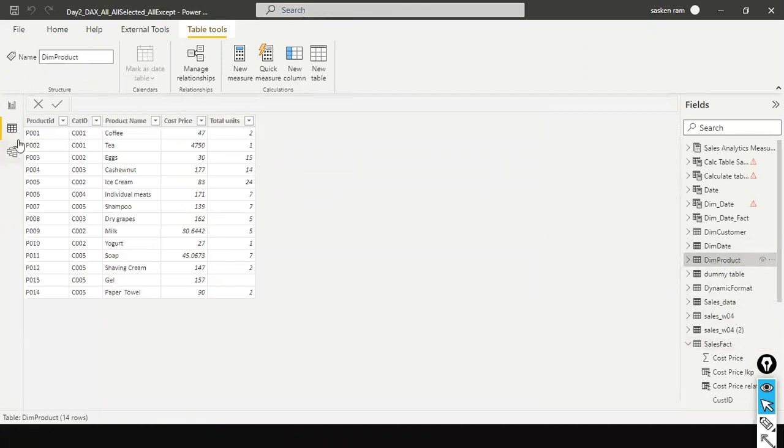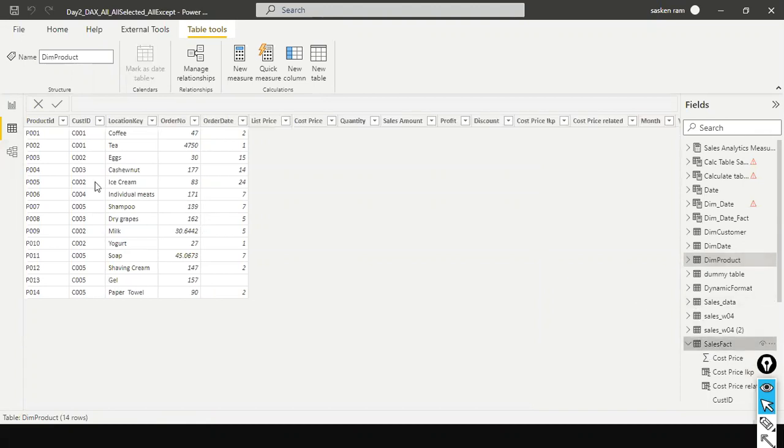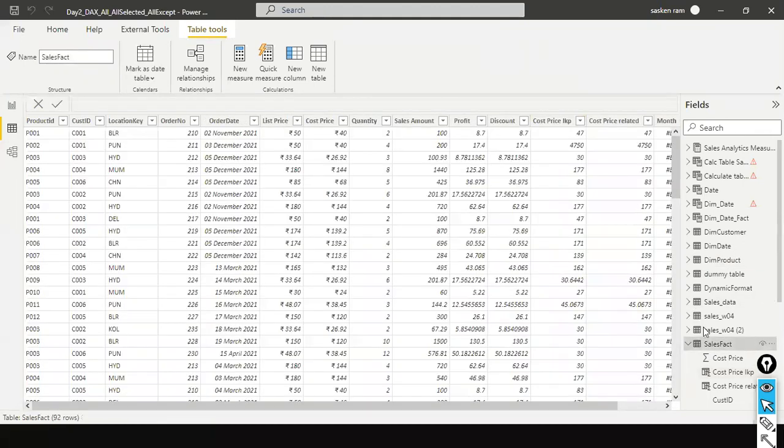If you go to the sales fact, in the first transaction, P001 is the product ID. If I ask you what is the cost price for the product ID, it is not available. What will you do? You will obviously go and check it from the product dimension table for this corresponding product ID. Pick up this product ID from the sales table,